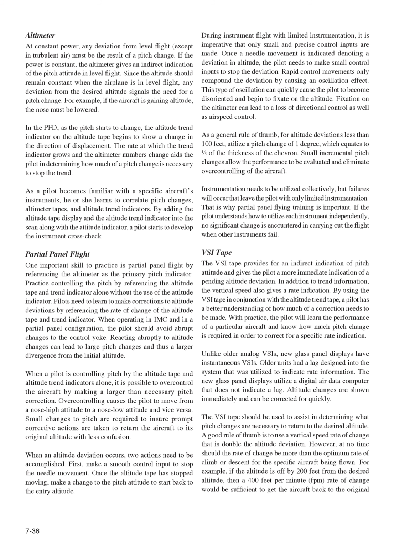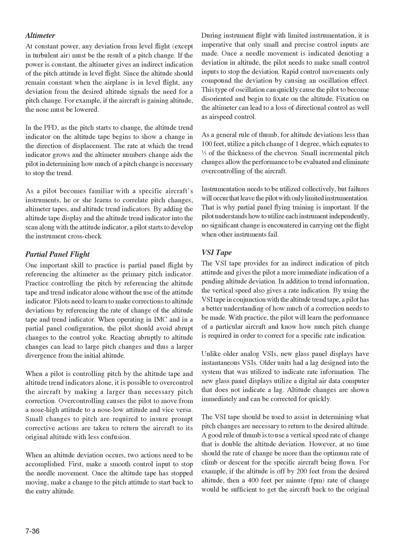Partial panel flight. One important skill to practice is partial panel flight by referencing the altimeter as the primary pitch indicator. Practice controlling the pitch by referencing the altitude tape and trend indicator alone without the use of the attitude indicator. Pilots need to learn to make corrections to altitude deviations by referencing the rate of change of the altitude tape and trend indicator. When operating in IMC and in a partial panel configuration, the pilot should avoid abrupt changes to the control yoke. Reacting abruptly to altitude changes can lead to large pitch changes and thus a larger divergence